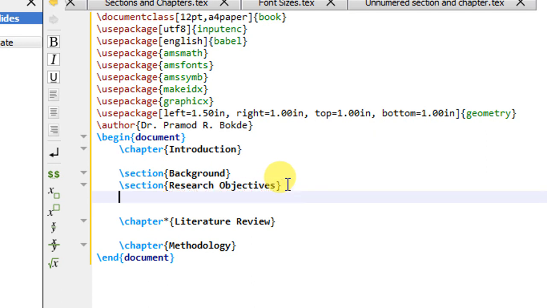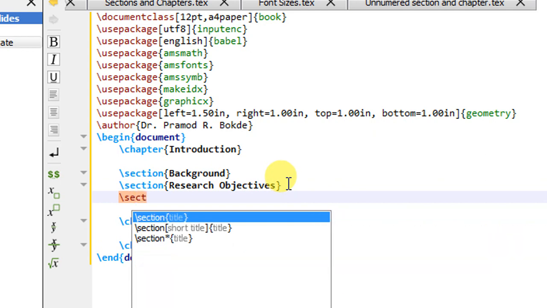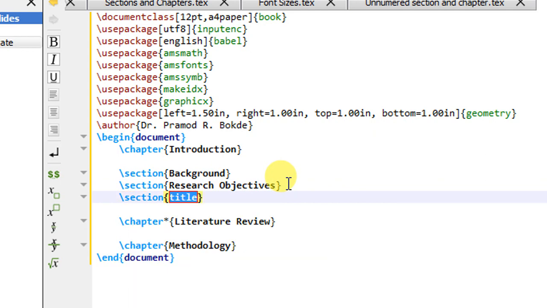And the third section I am going to produce as research methodology. Do not concentrate on what I am writing inside these titles or chapter names, just concentrate on the concept.